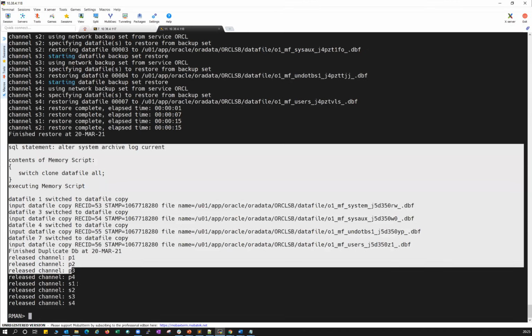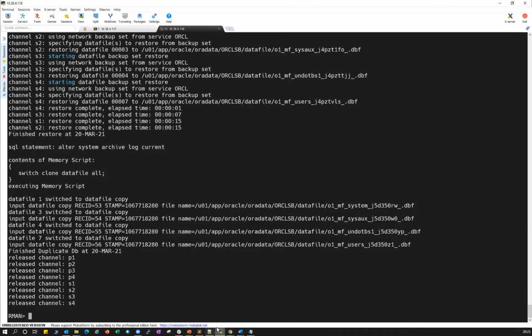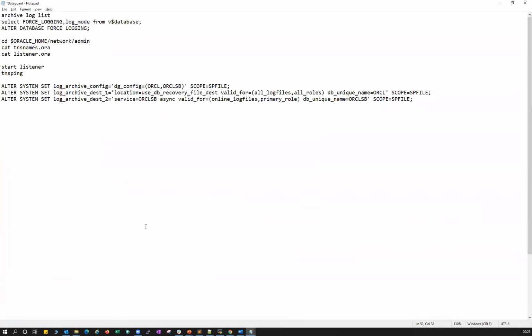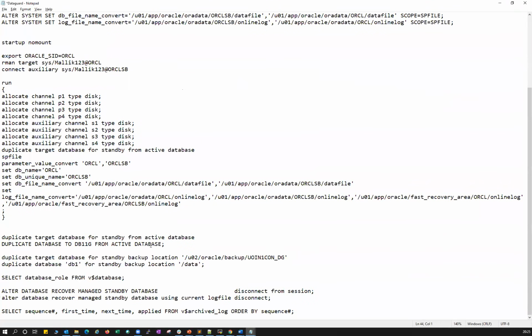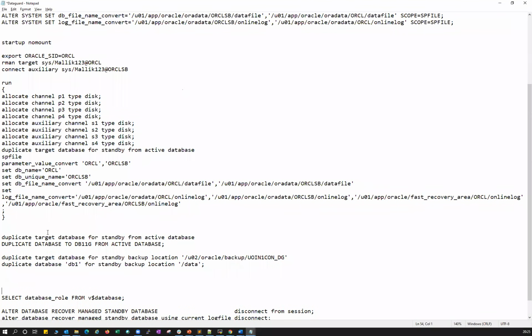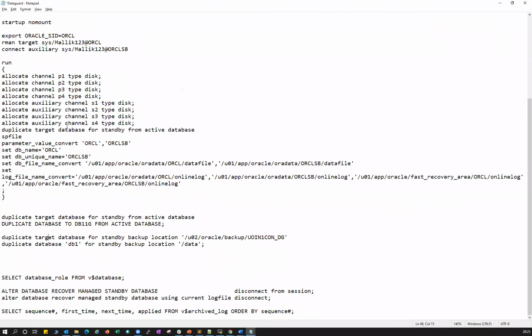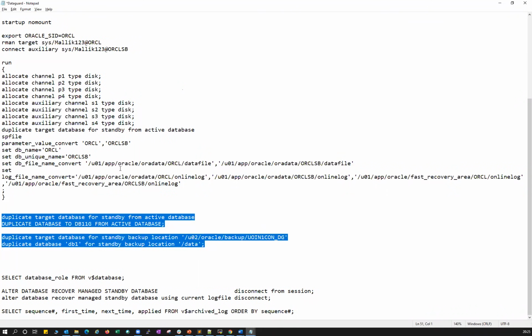You can see the restore is successful now. So restore is done. As I said, there are 4 options: you can use active database duplicate with mentioning the standby database name or without mentioning the standby database name, and active database duplicate again from the backup location by mentioning your DB name or without mentioning your DB name. These are the 4 possible options, and there are other options also to build your standby database. You can use NOFILENAMECHECK and FILENAMECHECK. There are many parameters you can use, but these are common. If you understood these 4 and a few parameters, you can do anything.